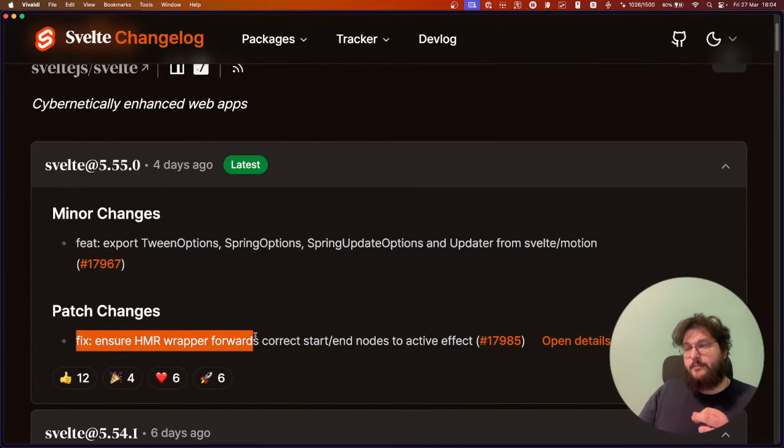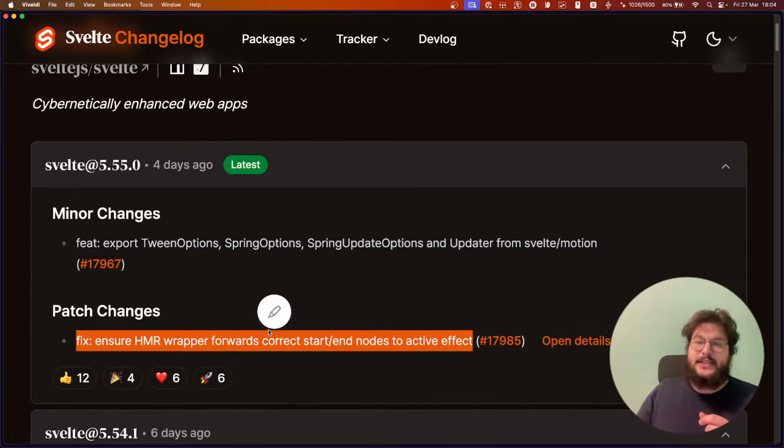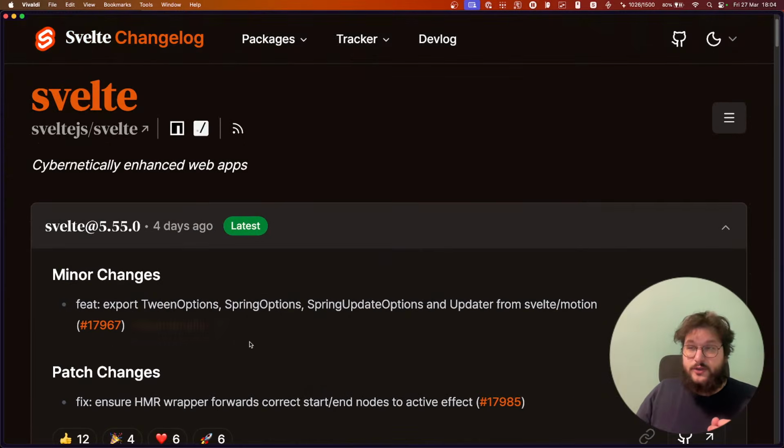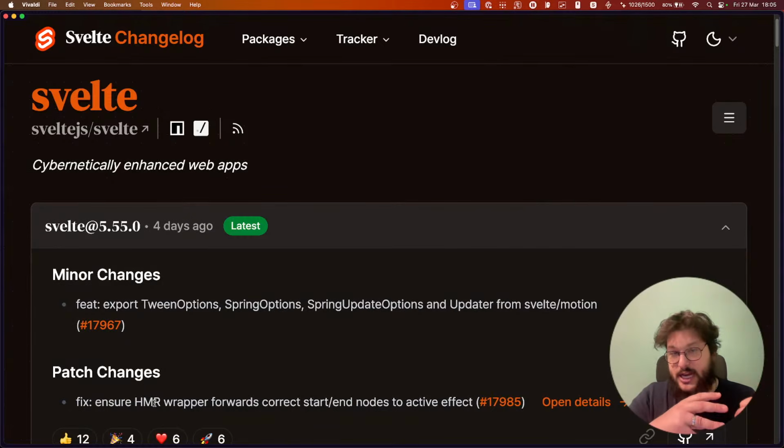Ensure HMR wrapper forwards correct start and node to active effect. So this is once again one of the issues that came from the PR that fixed the HMR. And the reason was that basically inside the HMR, we need to create our own effect to keep track of whenever it changes, we need to remount the component. However, effects also keep track of the DOM elements that they need to remove from the DOM.